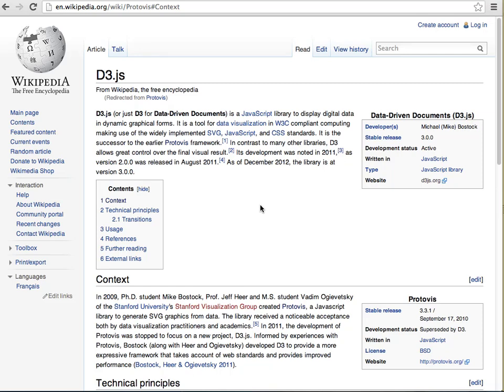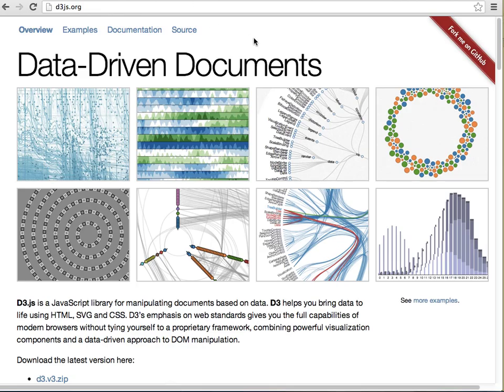In addition to that, I want to inspire you by taking a look at the D3.js site itself. They have examples, but probably the most interesting thing here, in addition to the examples and documentation and source code, is these different visualizations that you can look at. If you click on any one of these visualizations, and some have been more popularized than others, this type for example,